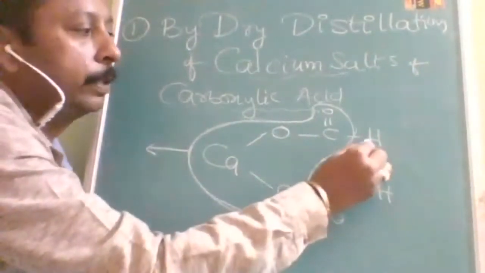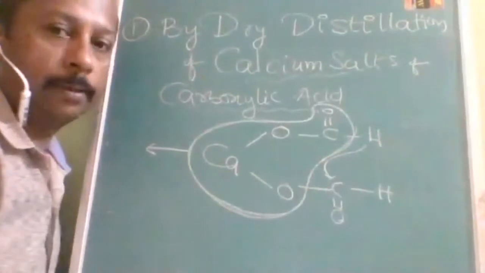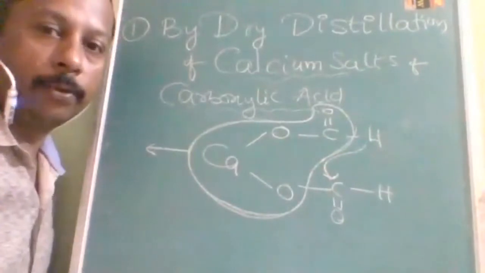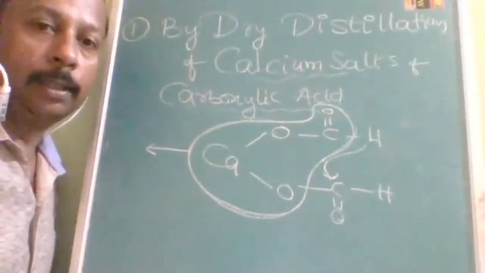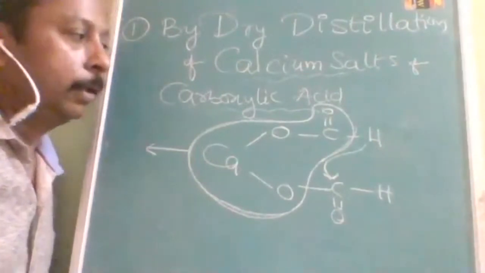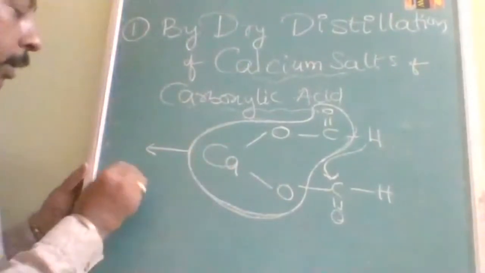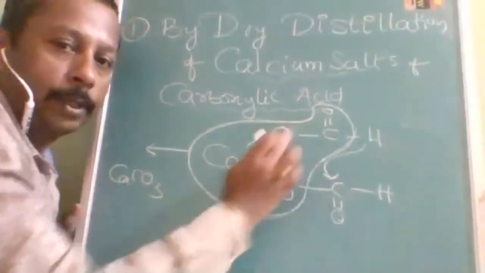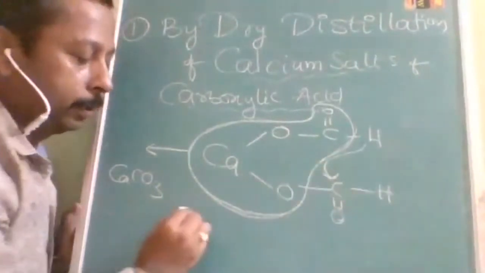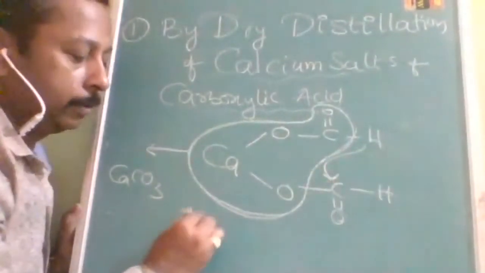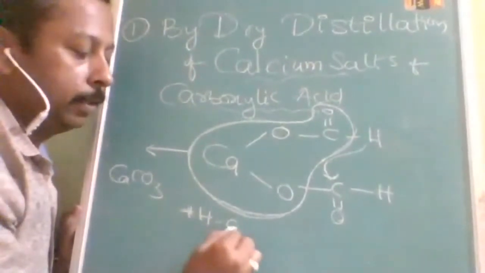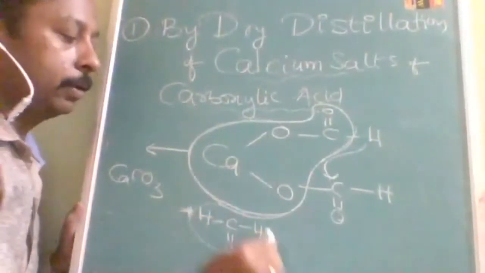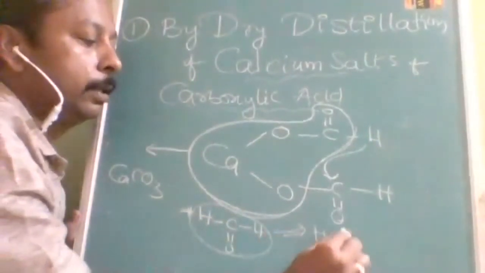Then obviously the hydrogen comes and attaches here. It is not a mechanism. Don't be under the wrong impression that it is a mechanism. It is only to make you understand how to remember the products. Two products are there. The first product is CaCO3. The second product, see here, this hydrogen is attached here: H, C double bond O, and H is already there. HCHO, which is normally written in this form.